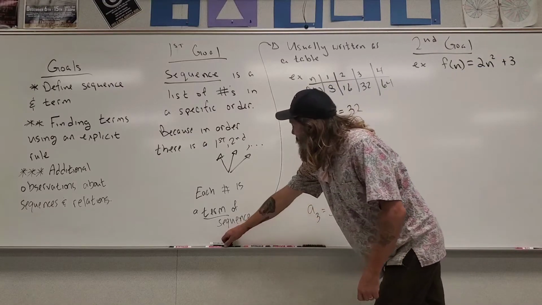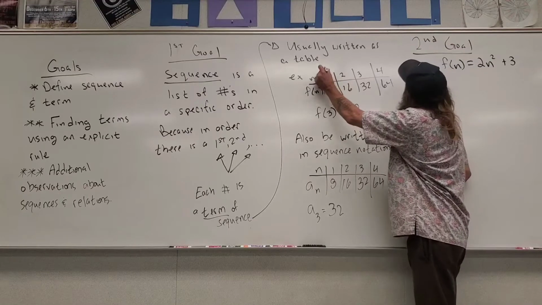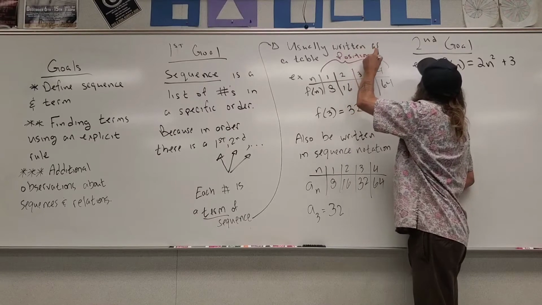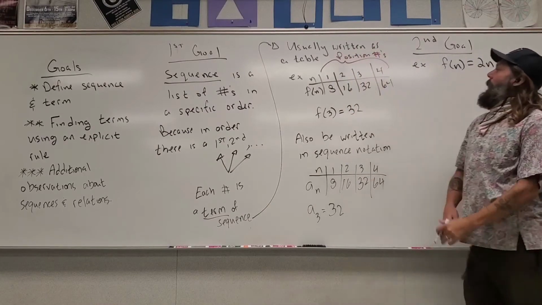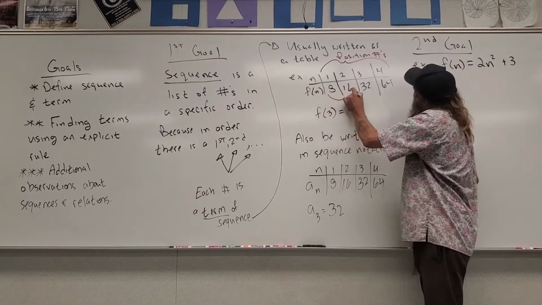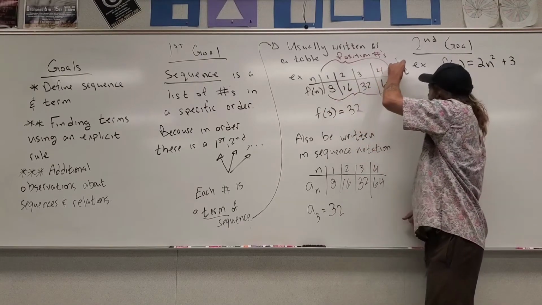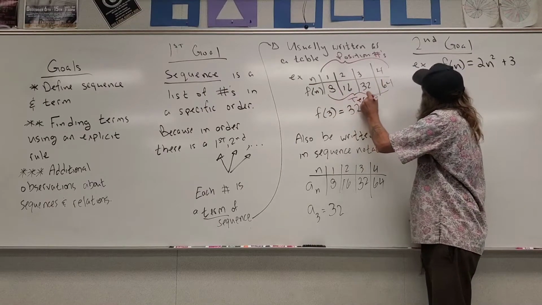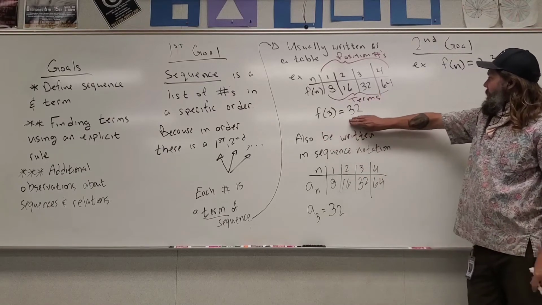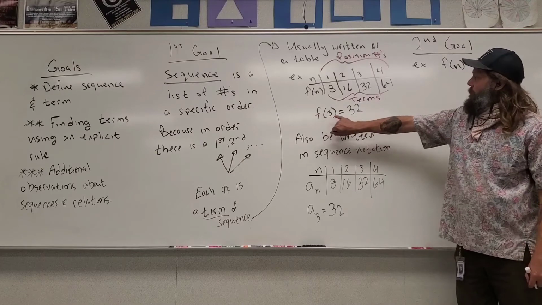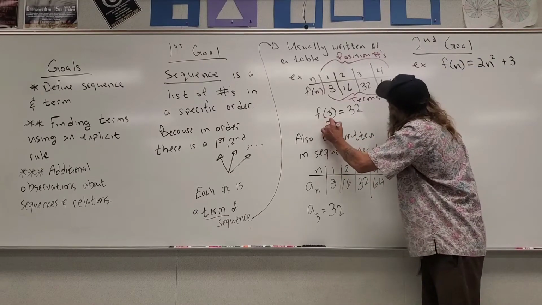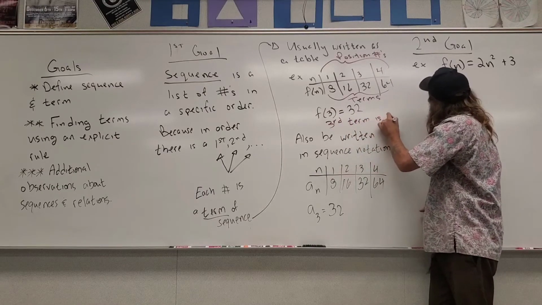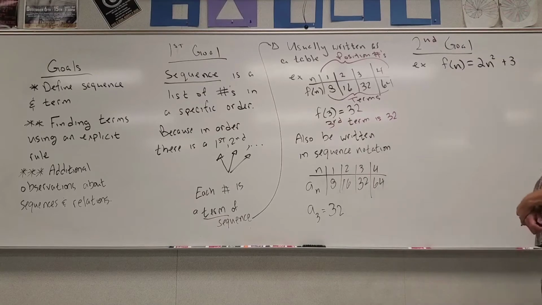The numbers with the N, we're going to call these our position numbers. Okay? And then the position numbers tell you where they are in the order of the sequence. These are our terms. So the statement that I have right here is telling me that my third term is 32. All right, so